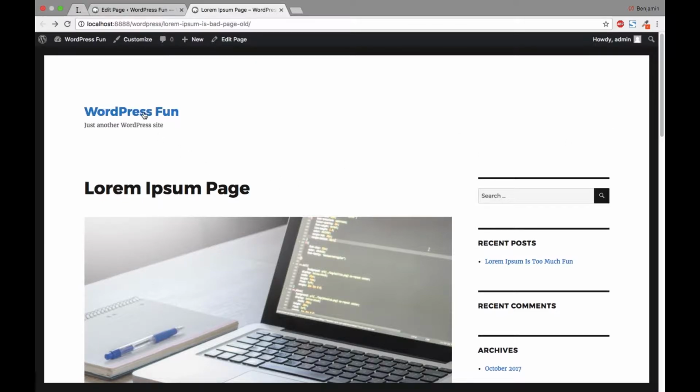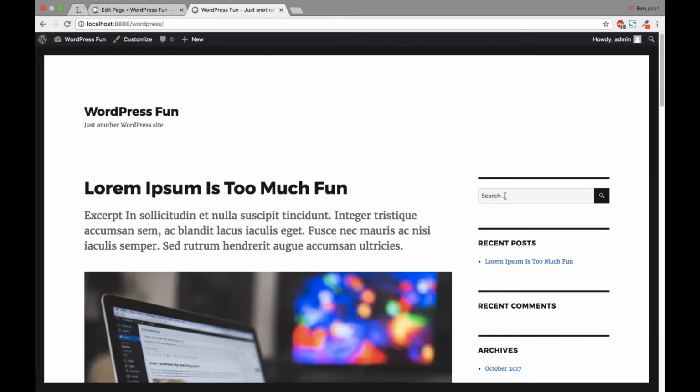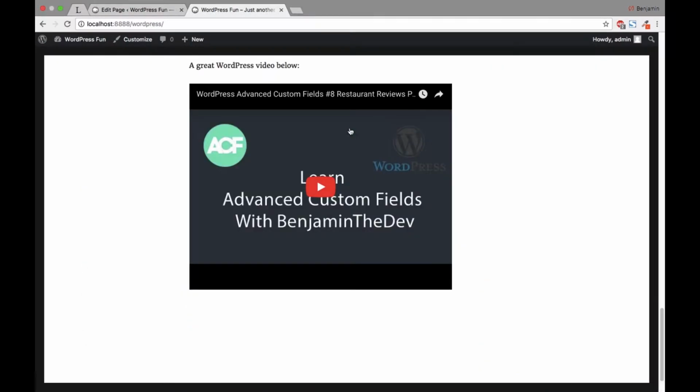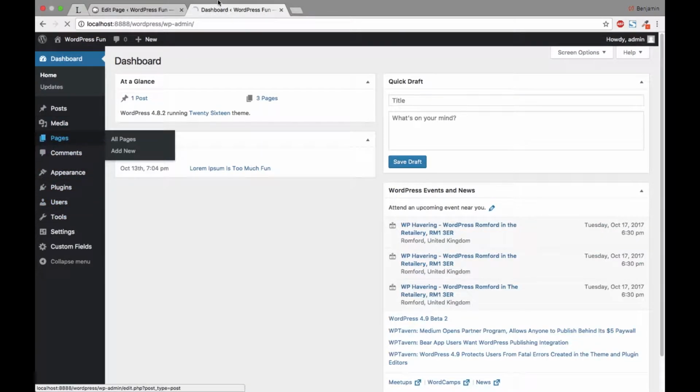Now, it's all well and good having pages, but how would we get to that page if we start off on this page? We can't. I forgot. We didn't put a video into there. So, a perfect example, how am I going to get back to that page? We have no menu. So what I'm going to do in the next video is show you how to create menus. But what we'll do is, we'll quickly go back, go into our pages,